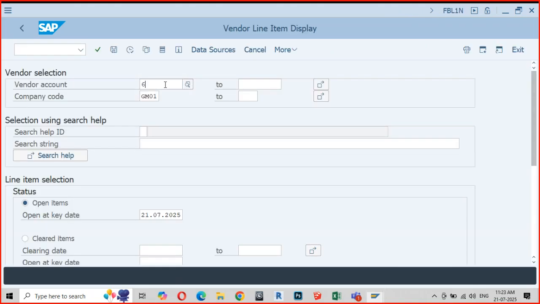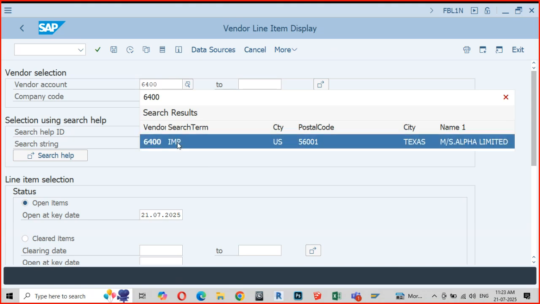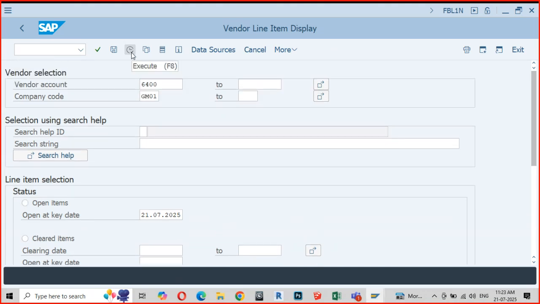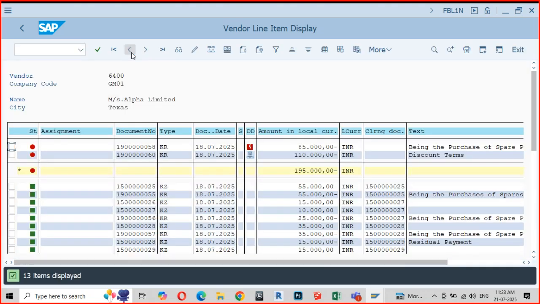6400, Measures Alpha Limited, right? I just want to see how SAP treats this. Oh, I have an opening balance. What I'll do is I'll clear this and nullify the balance.